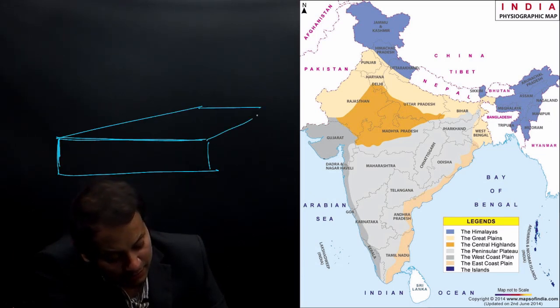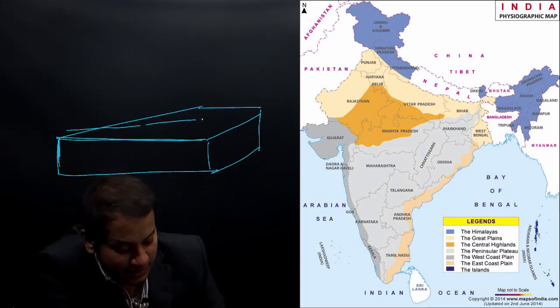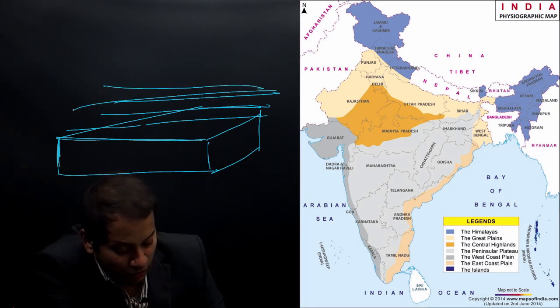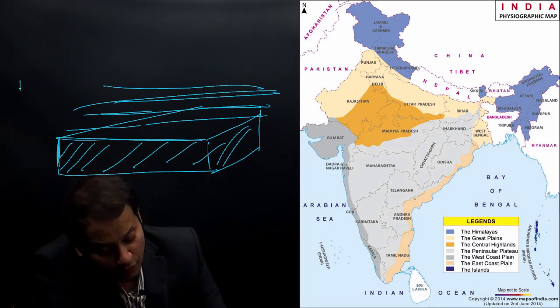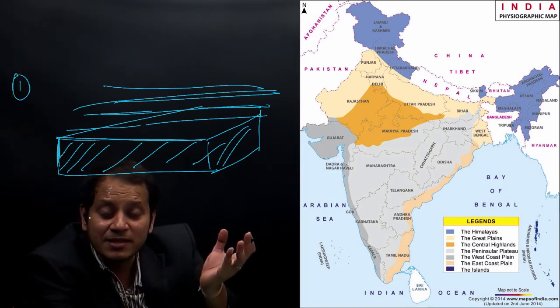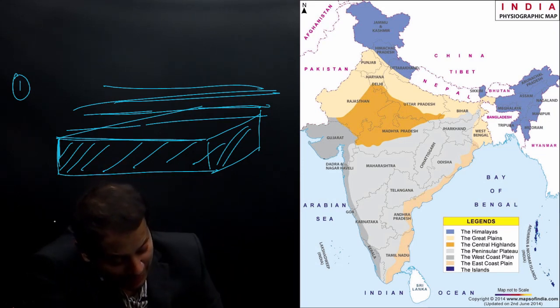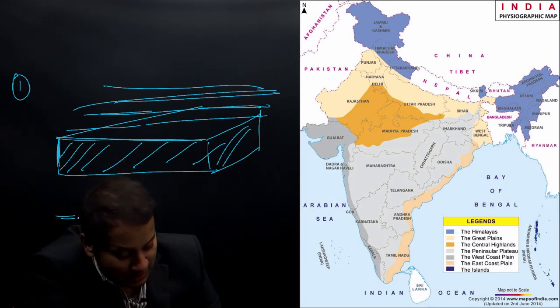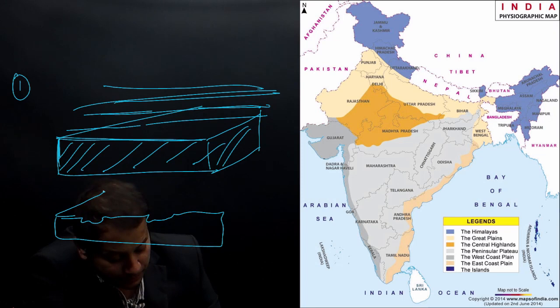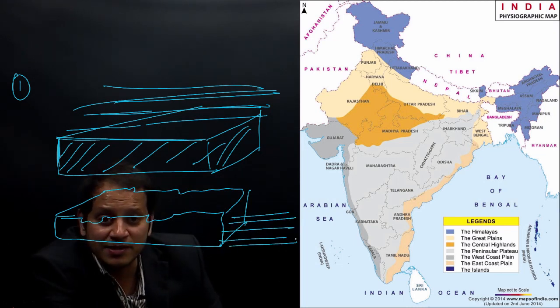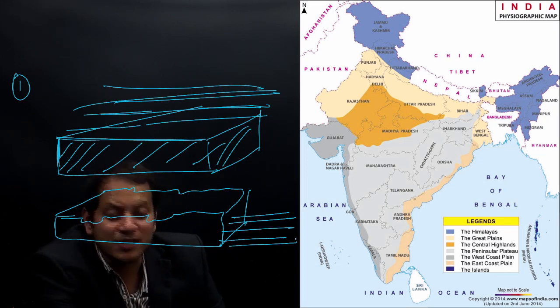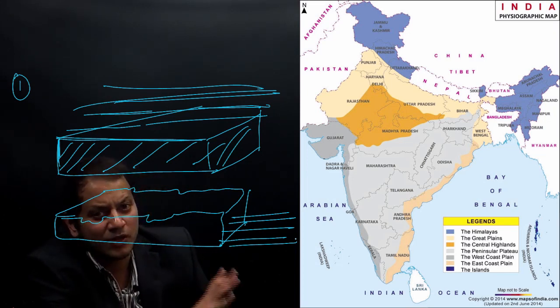If this is a land which is below the sea water, all this is water here, and this shaded land is below the sea water. Now, what do we mean by an emerged coastline? It means the land has come up from the sea water. If the land has come up from the sea water, the land is never flat. Maybe the land is now this way, and the sea is at a lower level. Are you getting this? Try to imagine this. If you are not happy with this lecture, I will record it normally on the whiteboard.